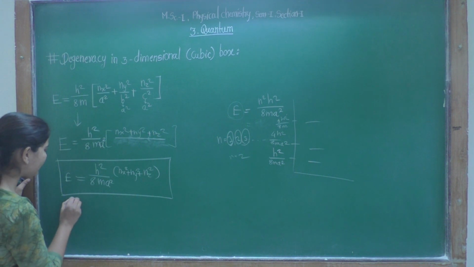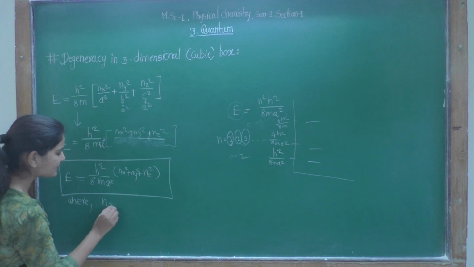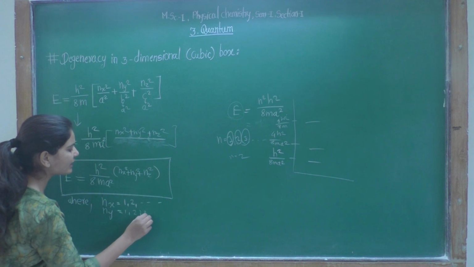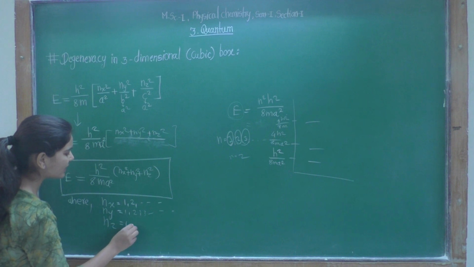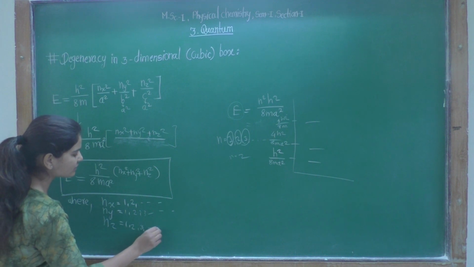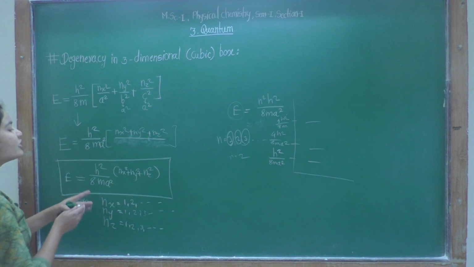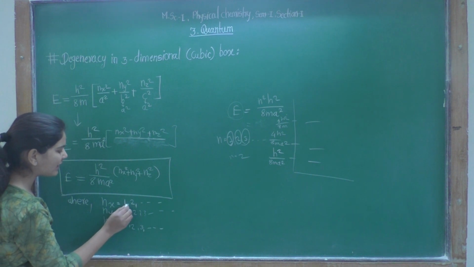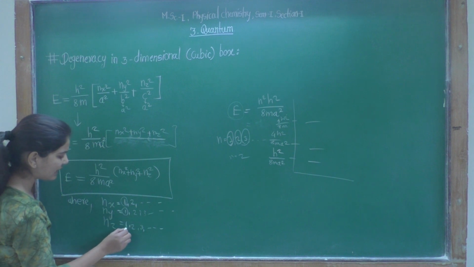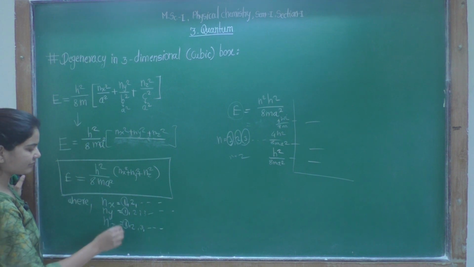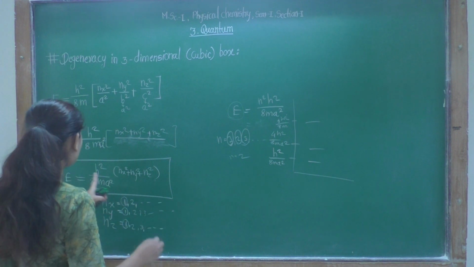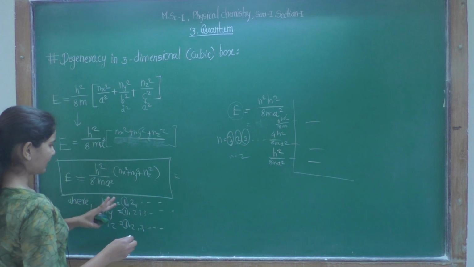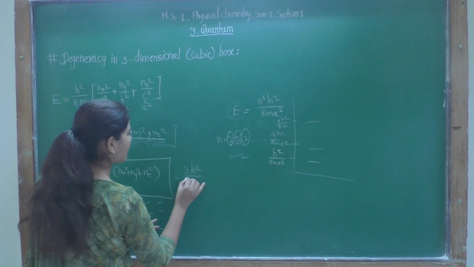Now, what are the values? nx equals 1, 2 and so on, ny also equals 1, 2, 3 and so on, while nz equals 1, 2, 3 and so on. So we have 3 different values here, and we can choose them at a single time. We can have nx as 1, ny as 1 and nz as 1. This will be the lowest energy state, right. Then our energy value will be 1 square plus 1 square plus 1 square, which is 3. So the value of energy will be 3h square upon 8ma square.